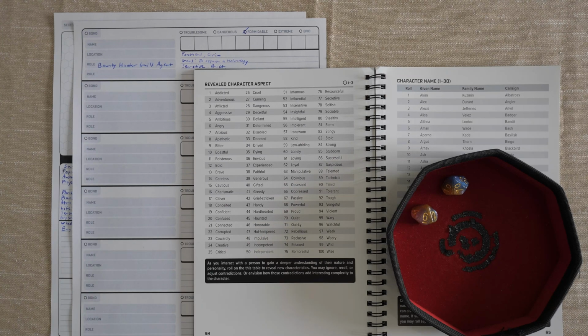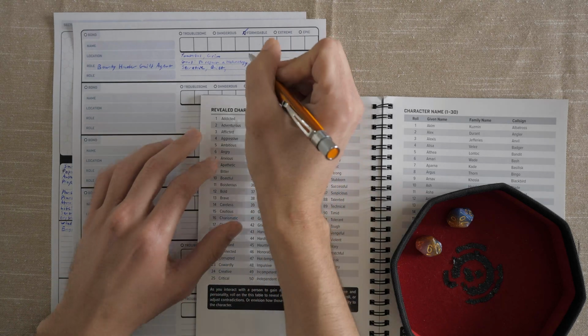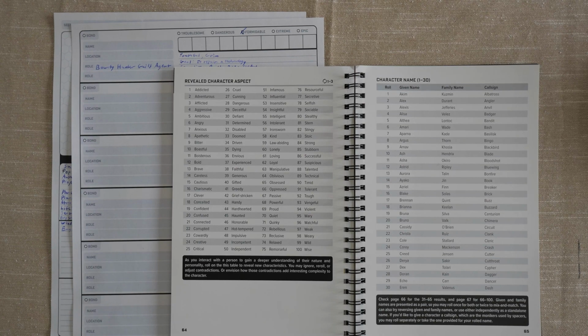76. Wow, we really like the 70s for this one. Resourceful. I definitely like that one, so we'll take it. Secretive, quiet, and resourceful. Their goal is to repair a technology. They're youthful and grim. So now we need to come up with a name or a call sign for this